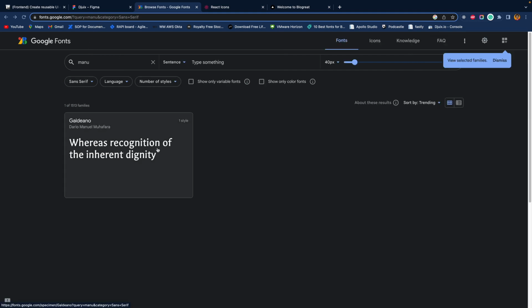So it's better to find a font on Google because it's easier to integrate rather than having custom fonts. Custom fonts sometimes might be what you want, and I have a tutorial on how to include custom fonts. So I'll put the link to that somewhere at the top so that you can check it out. But our focus here is going to be simplicity. So we want to focus on what we can achieve in the simplest form. So we are going to find a font.